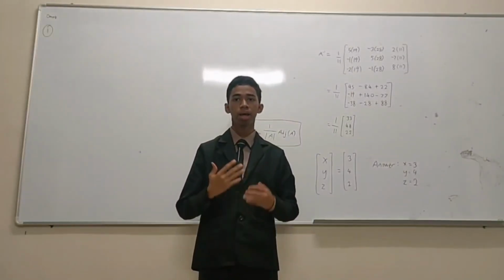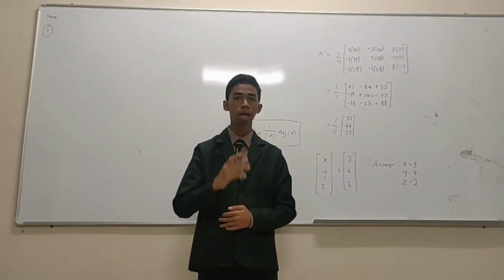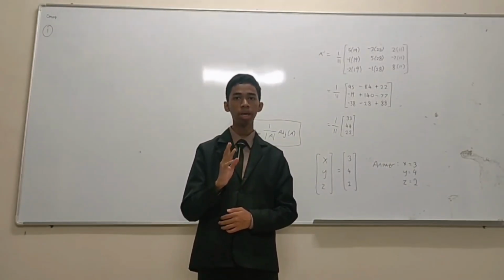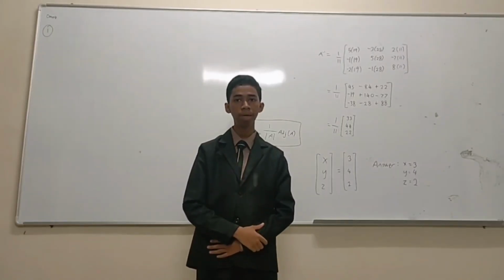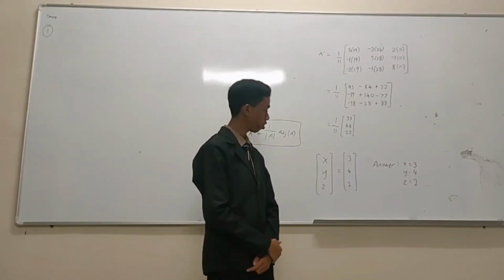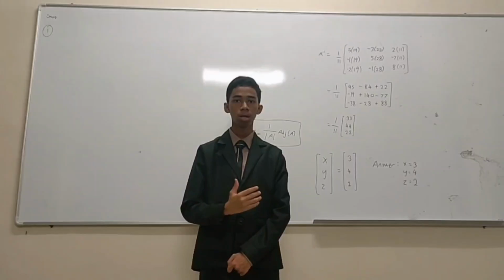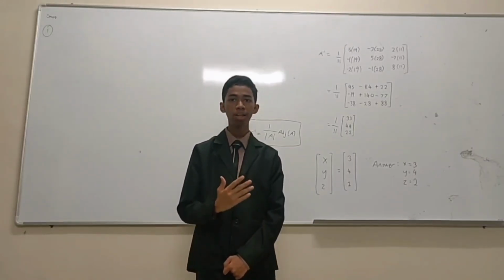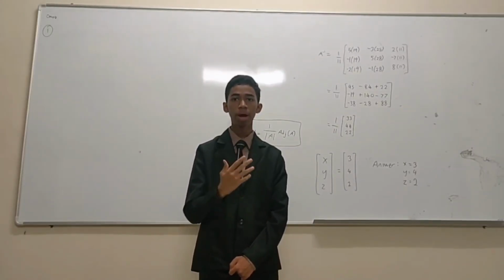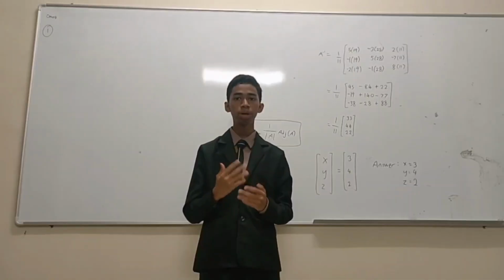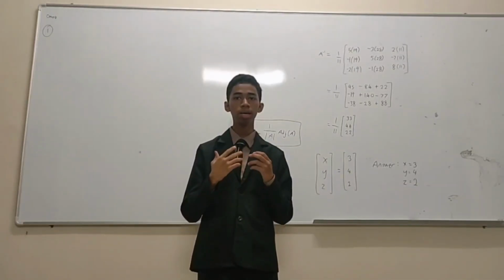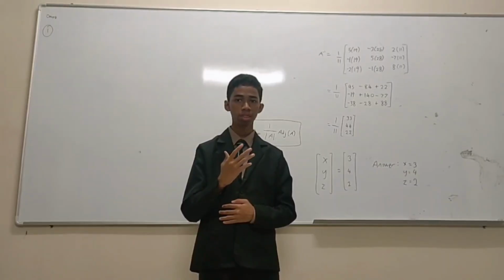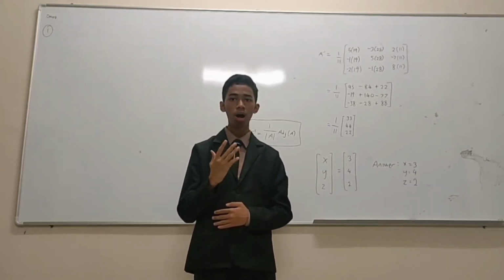This means the company can produce 3 units of box A, 4 units of box B, and 2 units of box C. In conclusion, the matrix inversion method helps us to solve multiple equations in a clear and systematic way. This example shows how matrices